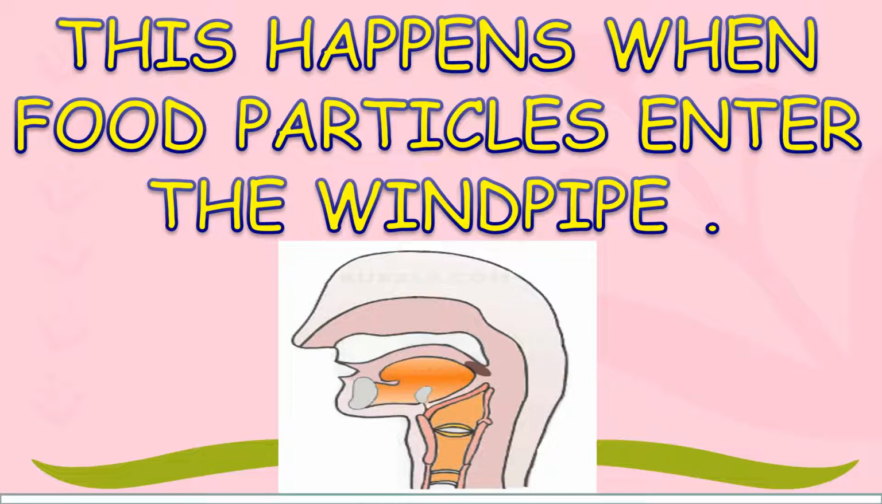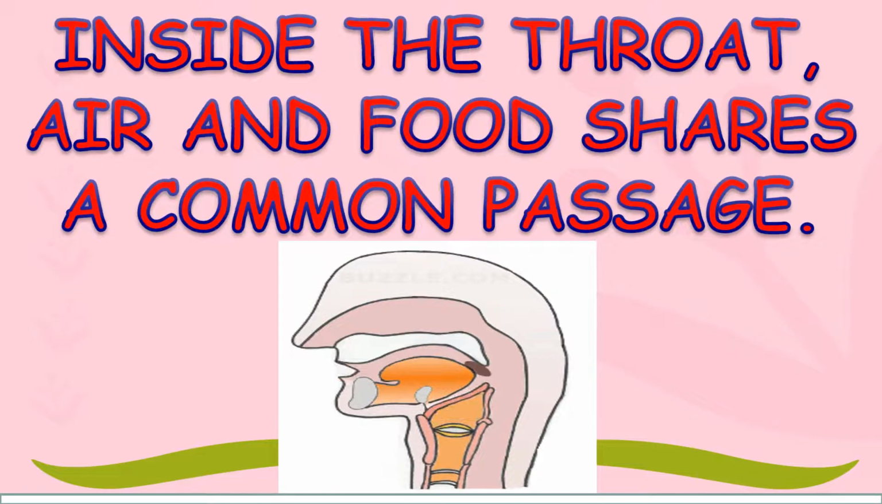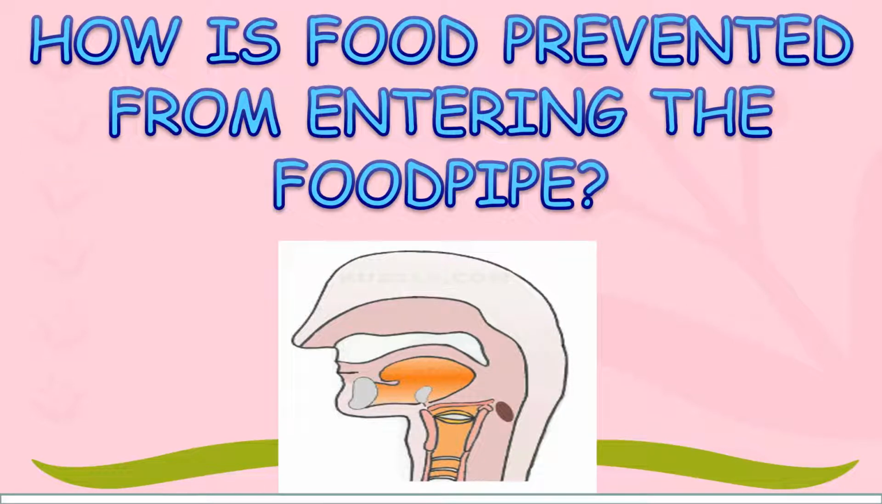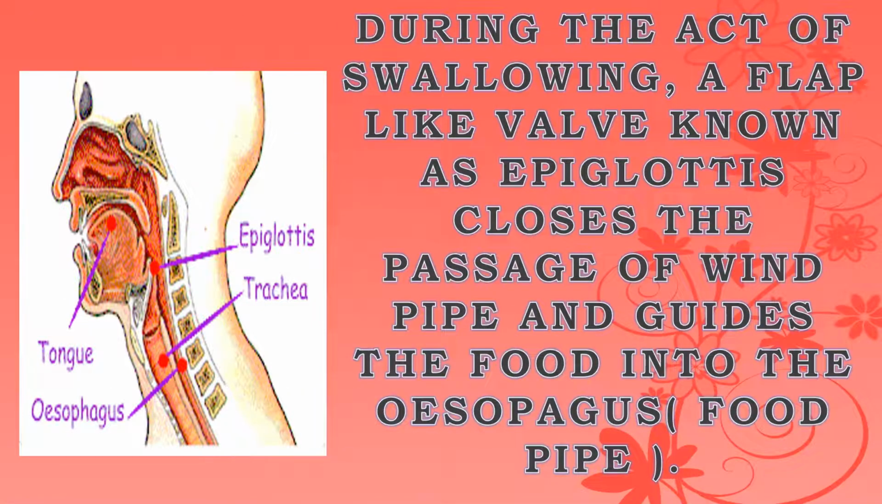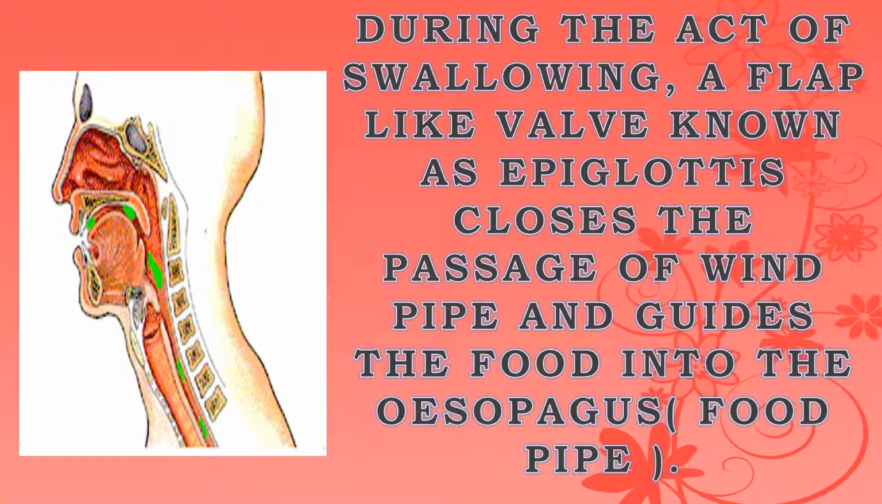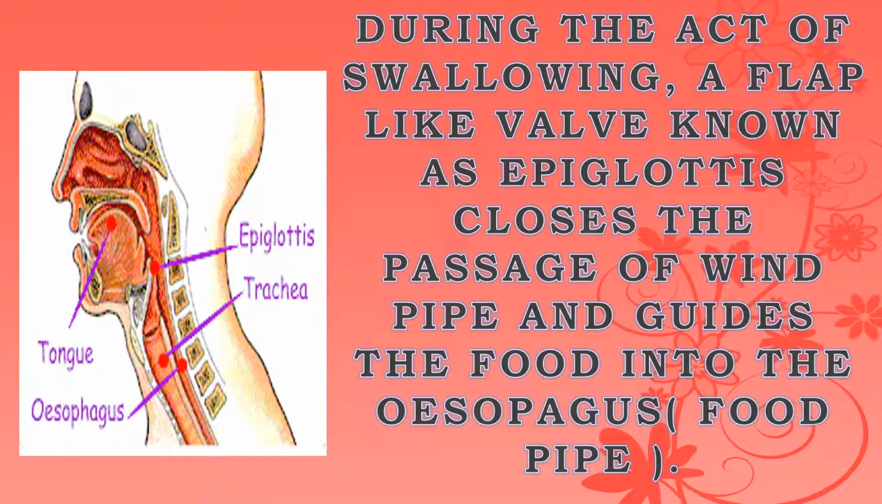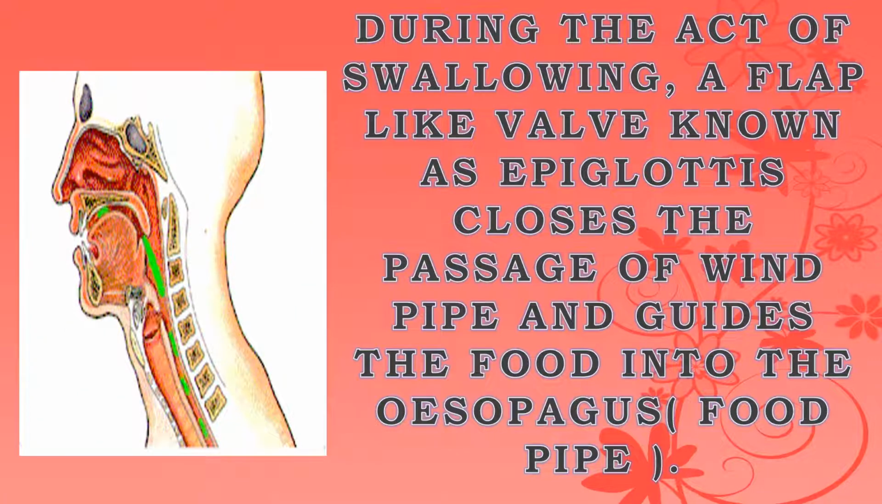This happens when food particles enter the windpipe. Do you know inside the throat, air and food share a common passage? Then how is food prevented from entering the windpipe? During the act of swallowing, a flap-like valve closes the passage of the windpipe and guides the food into the food pipe. If by chance food particles enter the windpipe, we feel choked, get